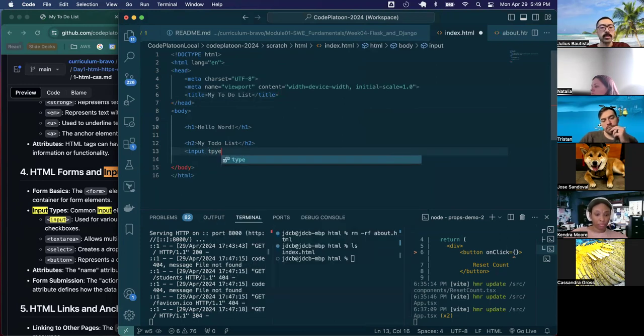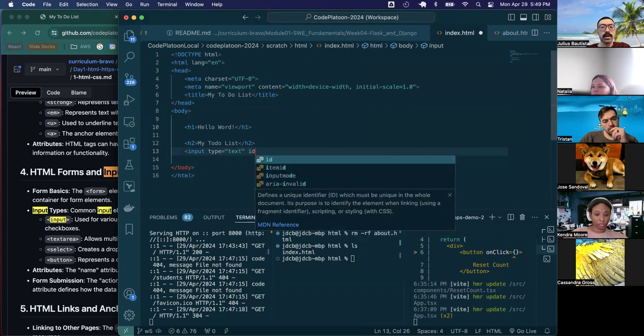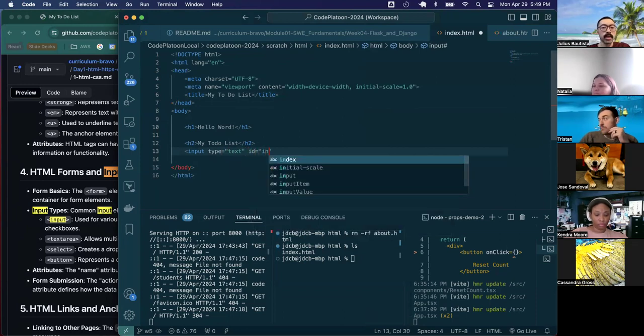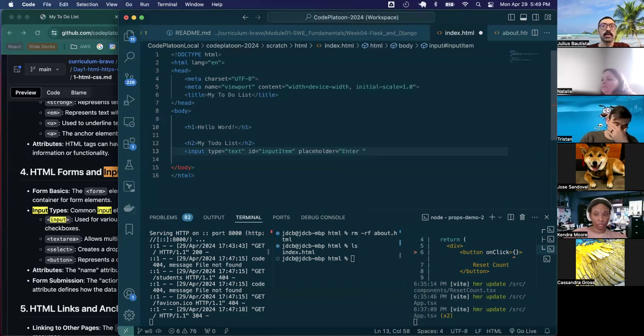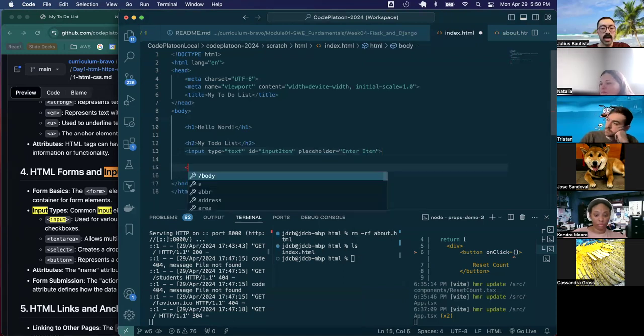We will need to pass in a type. And in this case, we just want a simple text input. Let's give it an ID. Let's call it something like input item, and we'll put a placeholder. This is what's going to show when nothing has been entered by the user. So let's say something like enter item. So I've opened my input. I can now close it. And in between